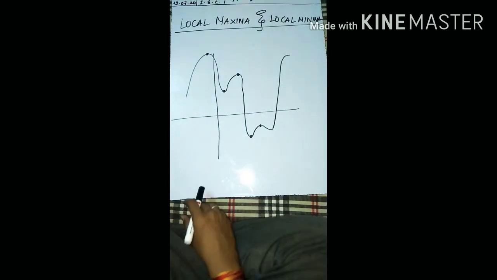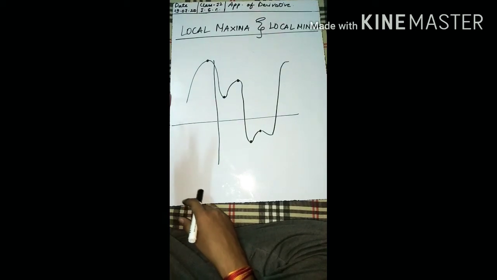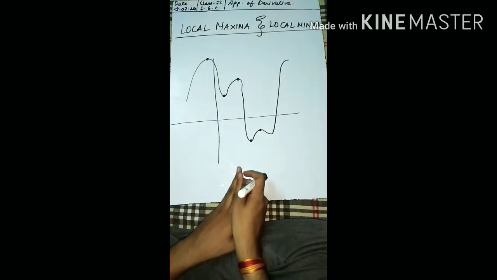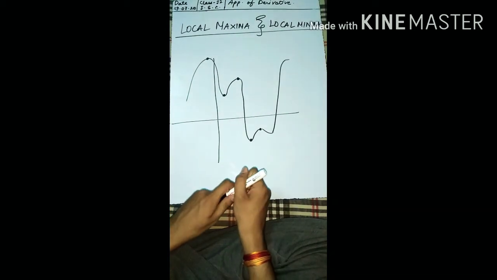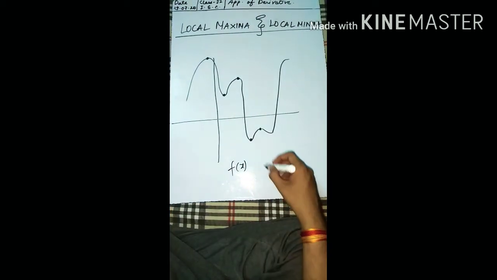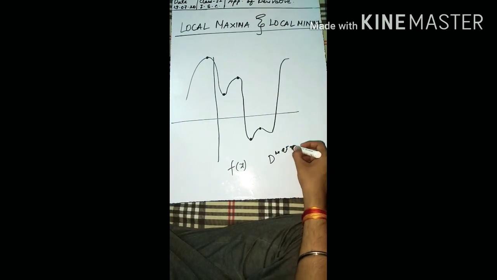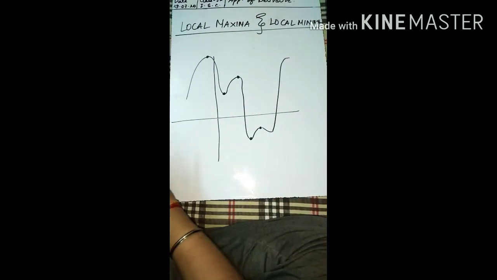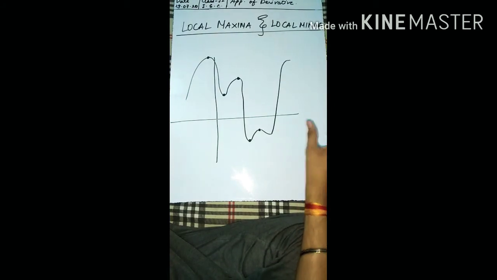Now let us come to the next topic, that is local maxima and local minima. Local you can understand like relative maxima and relative minima. Now in front of you I have made one graph of a function. Let us consider that as f(x) in some interval having D as a domain, with a maxima at x equal to c and a minima also. You can read this from the definition; I'm directly explaining what local maxima and local minima are.